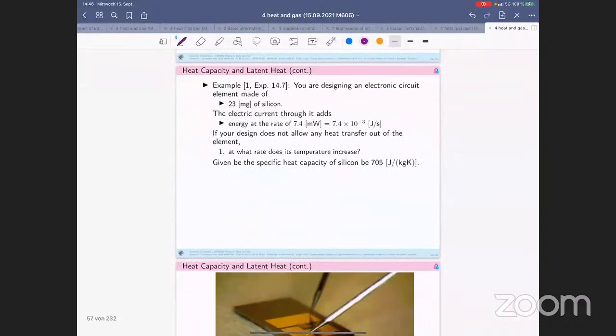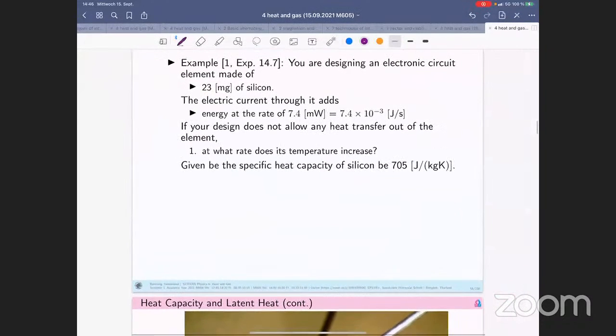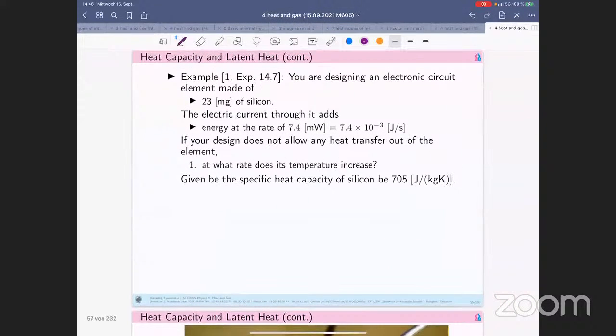And here we have another complicated problem. You are designing an electronic circuit, right? Like this, and yes,